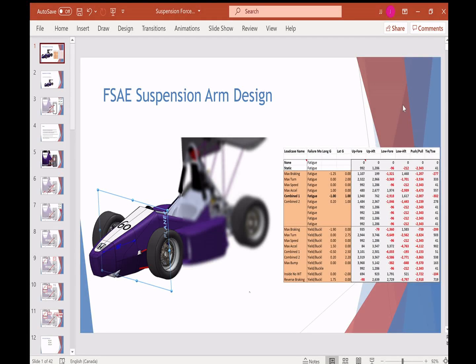Hello, today we're going to be talking about Formula FSAE suspension design. Specifically, we're going to find the loads for the 6 suspension tubes in each corner. We're going to do that starting with given accelerometer data, the lateral and longitudinal G's, and work our way through to get the loads in each arm. Now these loads can be used to design the tubes themselves as well as the wheel assemblies and any mounting